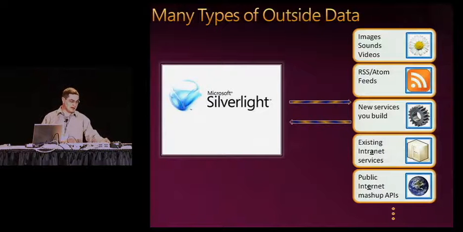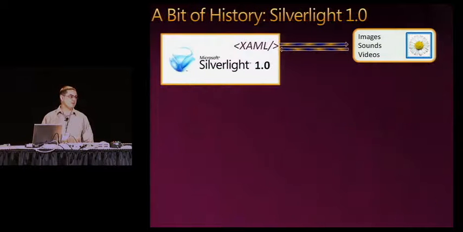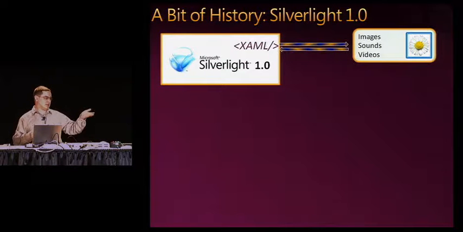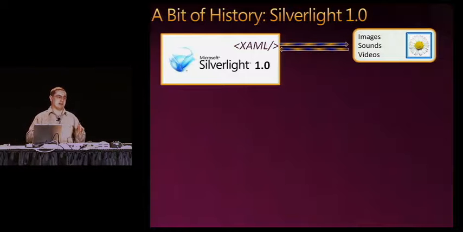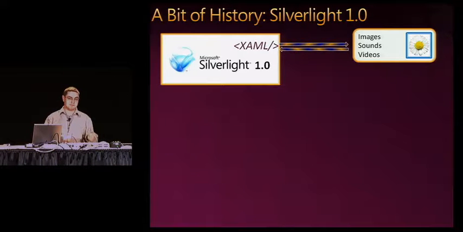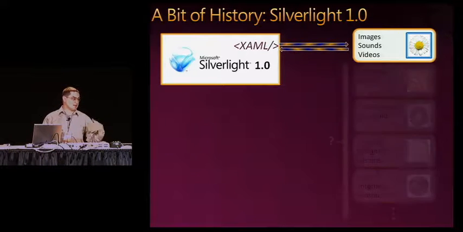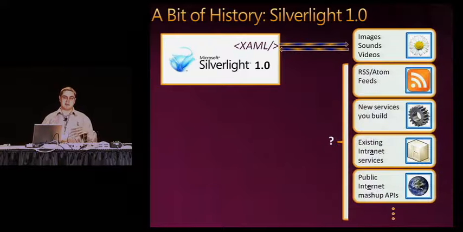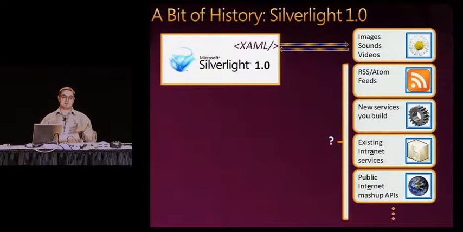And so if we look a bit back at Silverlight 1.0, it gave you a really easy way to connect to outside media directly through the XAML. So basically, all you had to do is specify a URL to an external resource, and everything was handled for you automatically. The problem was that there wasn't really an easy way to communicate with all of these other different